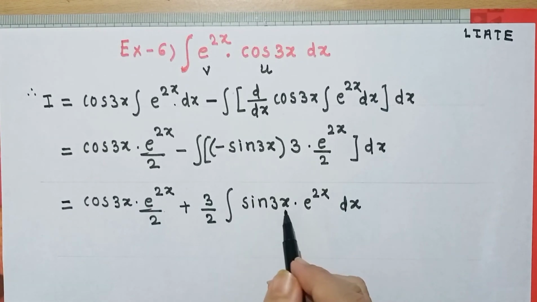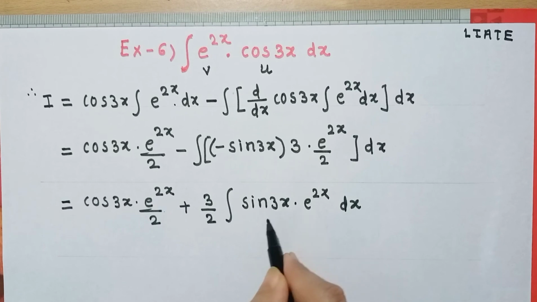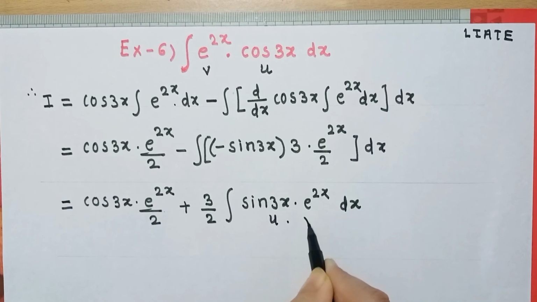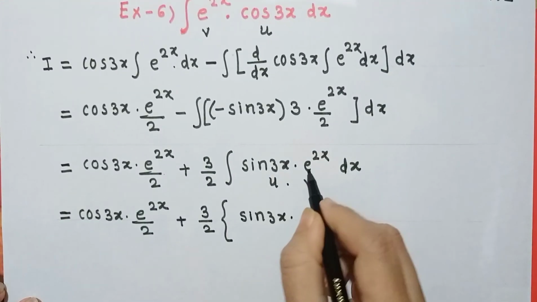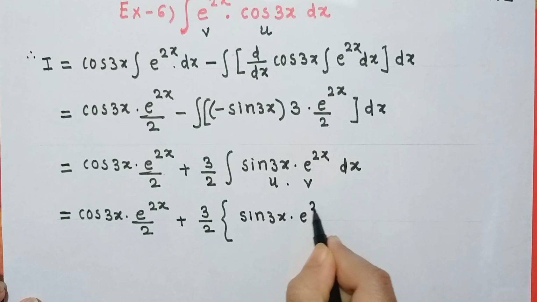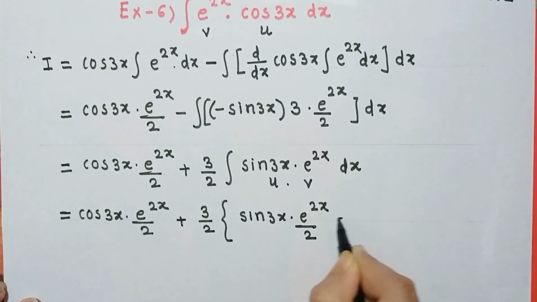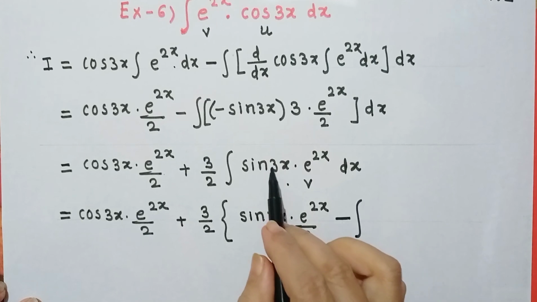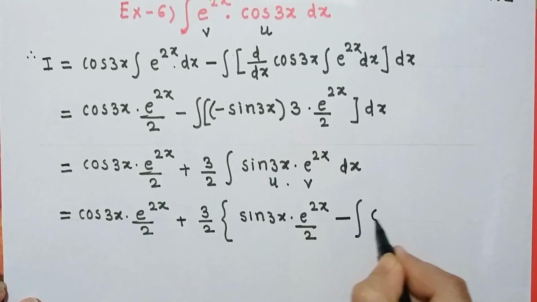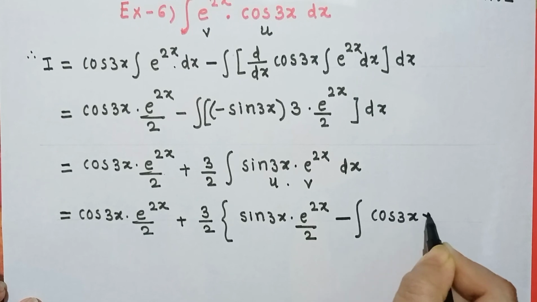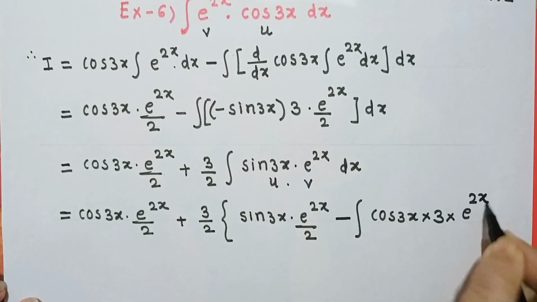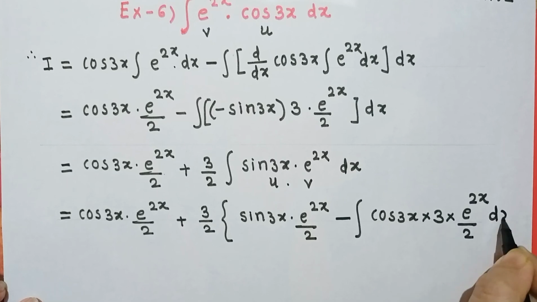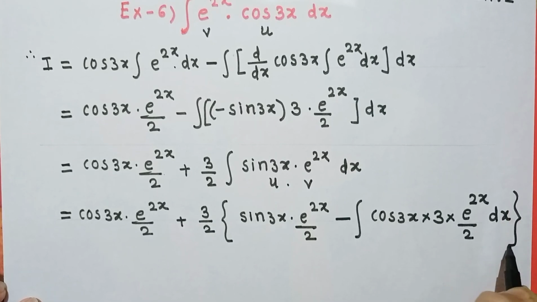Now this integration means again product of two terms. So again we will use integration by parts rule here. So check again, first term as it is, directly we will write integration of second is e raised to 2x upon 2, then middle sign minus integration derivative of first term, derivative of sine is cos of 3x, again multiply by derivative of this is 3, and again multiply by integration of second is e raised to 2x upon 2 and into dx, and this curly bracket complete.